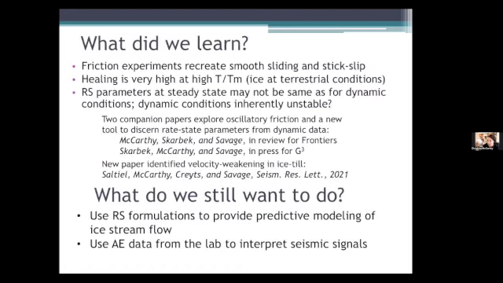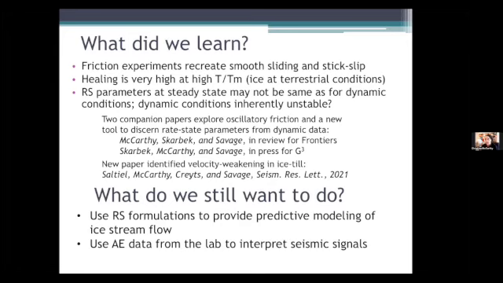So what do we learn with this series of ice on rock and ice on till experiments? We found that we can use the laboratory experiments to recreate basically all forms of behavior of ice streams, whether that's smooth sliding, stick slip, or everything in between. We found that healing is very high in ice at these conditions, and it could certainly happen on the time scale of a single